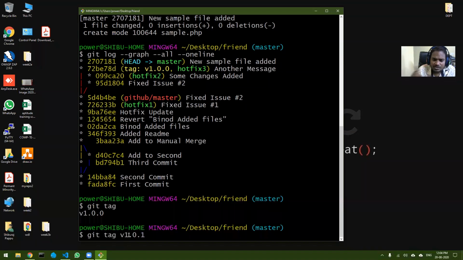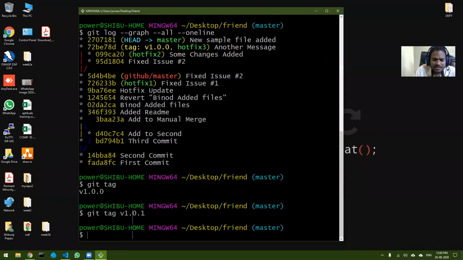In that case, you increase this to version 2. That tells the users of your software that something major has changed. You are just warning them. Okay, fine. So right now I am tagging it as version 1.0.1.